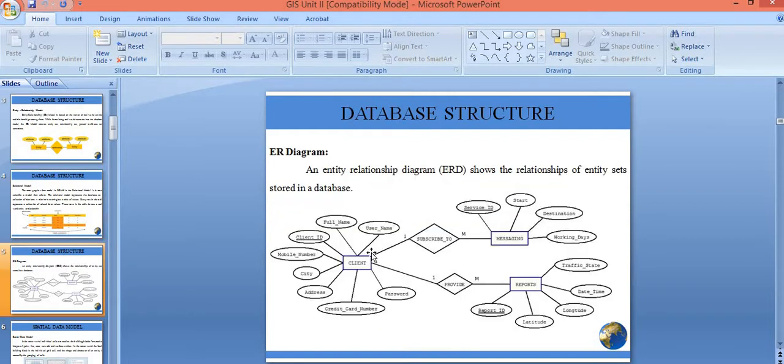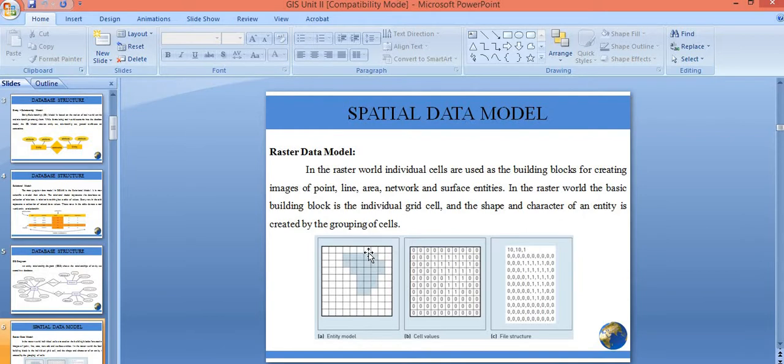Okay, fine. So these are the data models for database management systems. Now what about the data models for our spatial data? For our spatial data, we have two data models. One is the vector data model and the other one is the raster data model. In the vector data model, we will be storing the spatial objects by using either points, lines, or polygons. Only by using these three components will you be storing the spatial data in your vector data model.